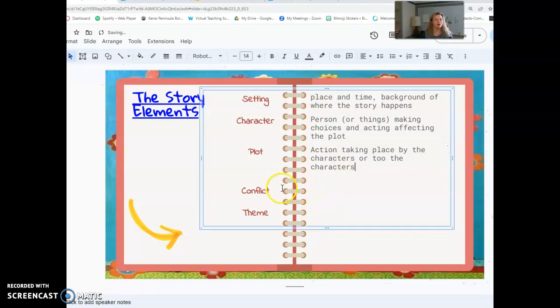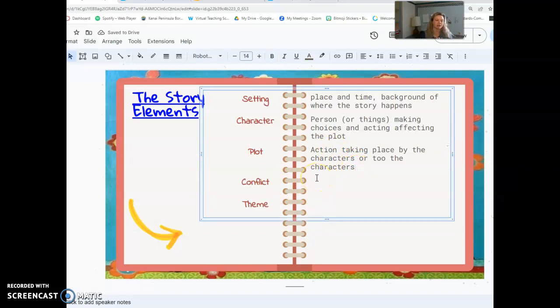So plot are the events. This is where you would list the things that happened in a story. That would be in plot. There are different parts of plot we'll discuss in a minute, but plot is essentially the events that happen throughout the story, okay? Conflict is a problem